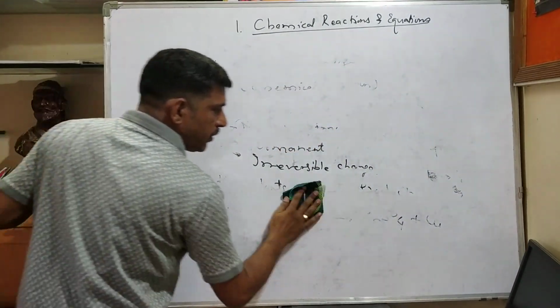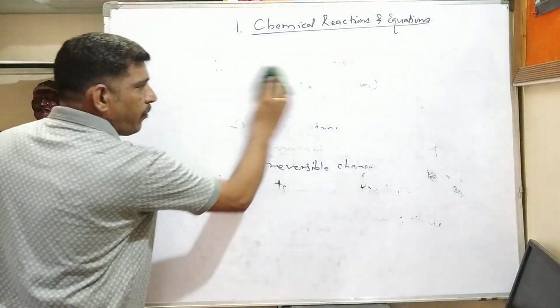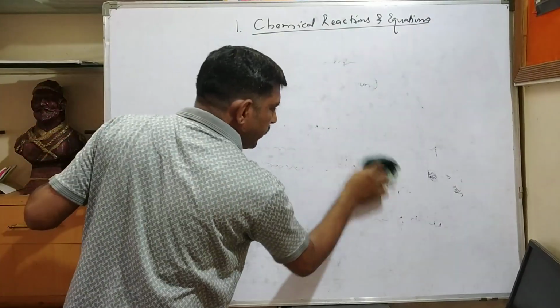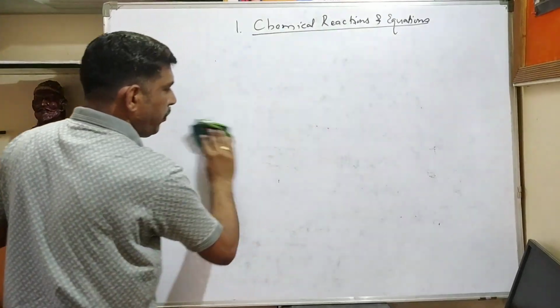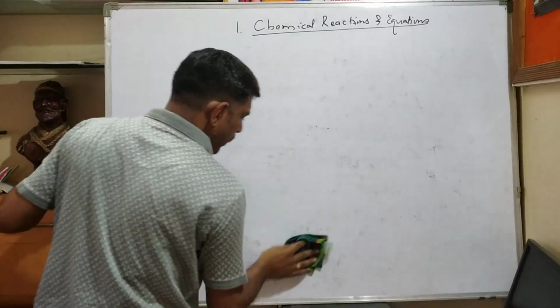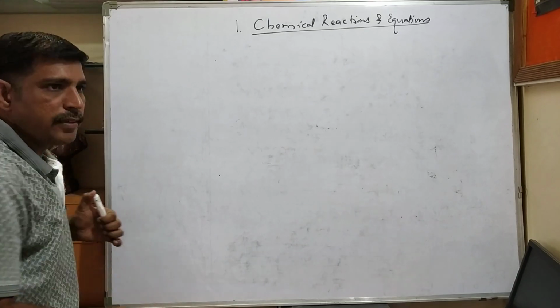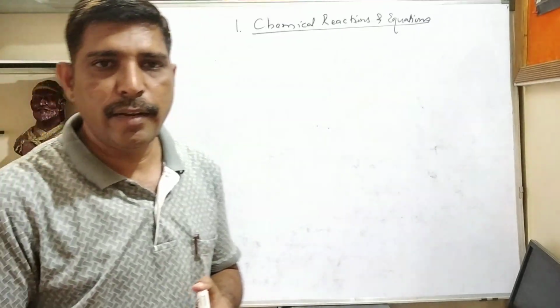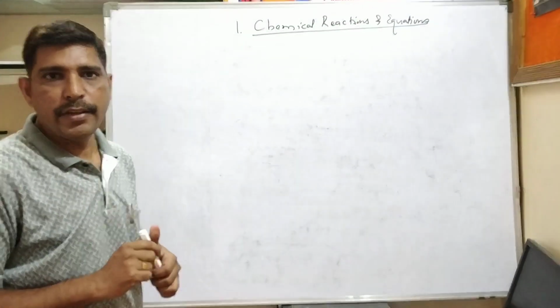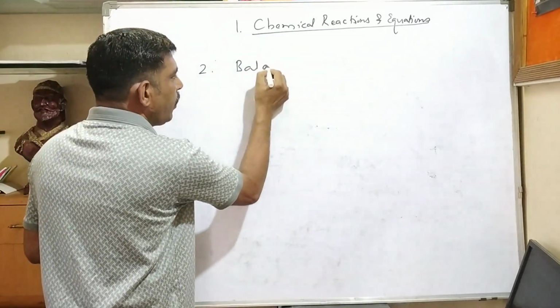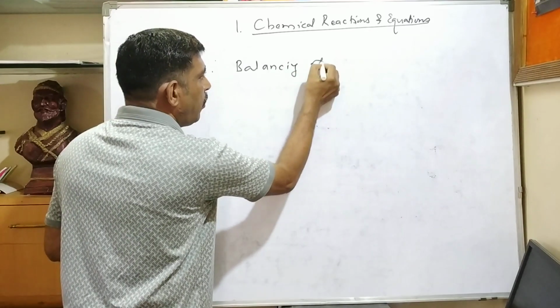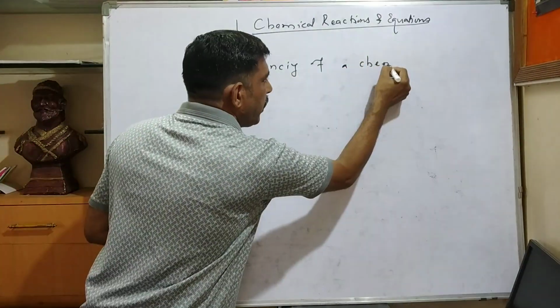So do you understand, dear students? In the first part we have seen what a chemical change actually is and what is needed for a chemical change to take place. Reactants take part in the chemical reaction and products are formed under suitable conditions. Okay. The second point is the balancing of a chemical